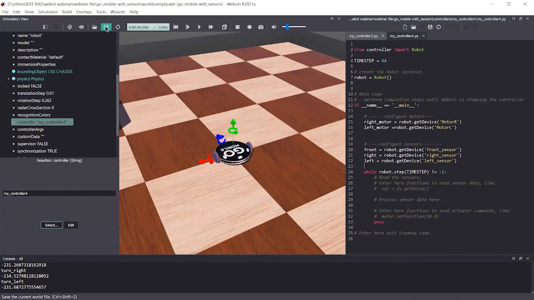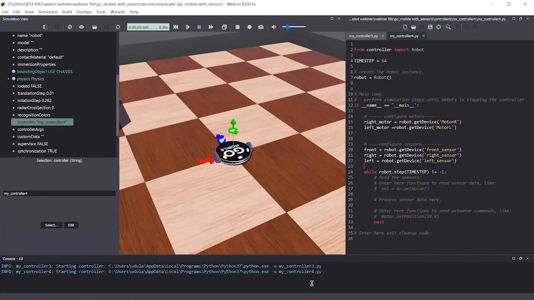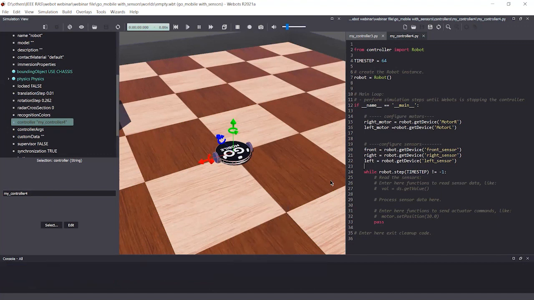I'm going to save this file, clear the console, and run this to see whether there are errors. It seems there are no errors, though the process may crash sometimes. This is because we haven't finished our code yet, so I think there are no errors. I'll clear this console. Now we have access to the motor.